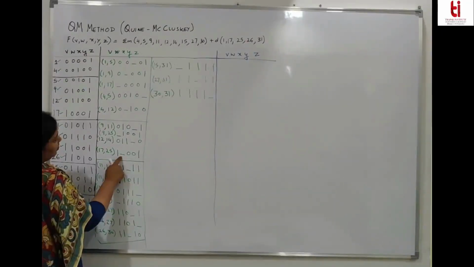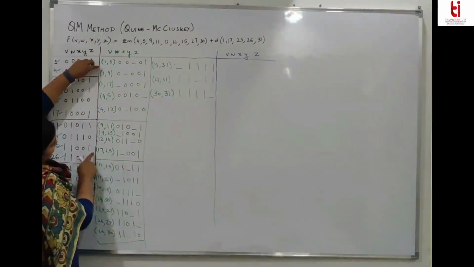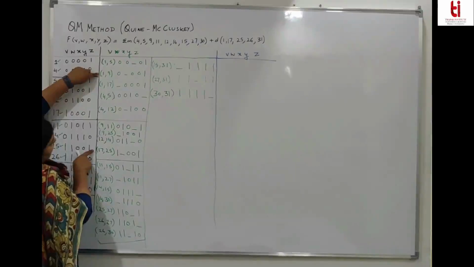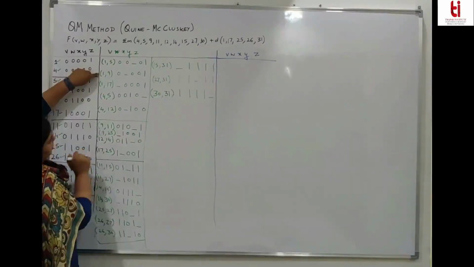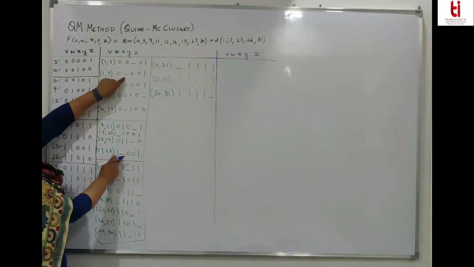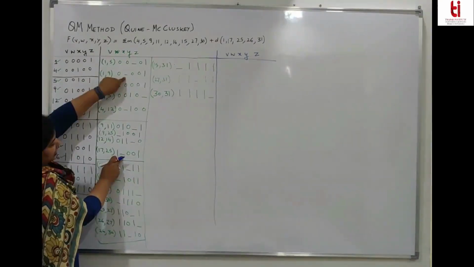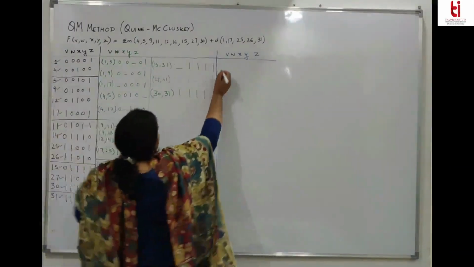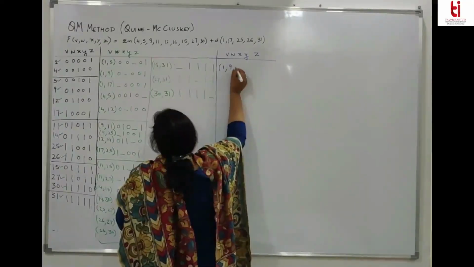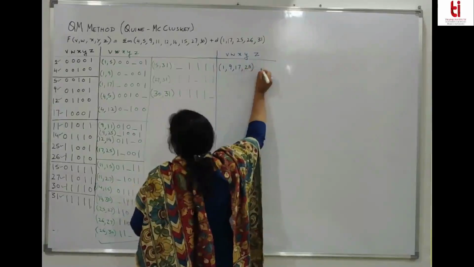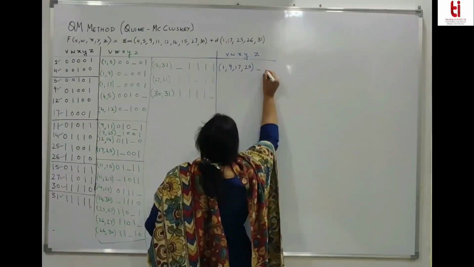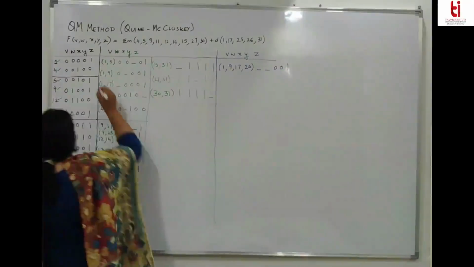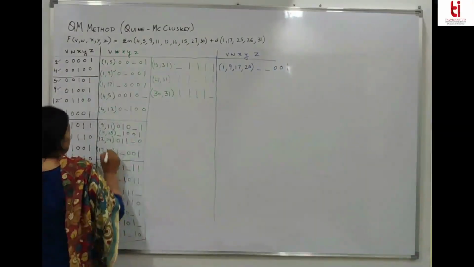1, 9 and 17, 25. This and this. You can see there is a dash at the same position. This one, this one. Can you match them? First bit is changing, but rest bits, if you match the dashes, first bit is changing. Second is dash. Dashes are matched and rest of the bits are same. So you can combine them. 1, 9, 17, 25. So you have dash, 0, 0. 1, 9, I will now mark them, and 17, 25.